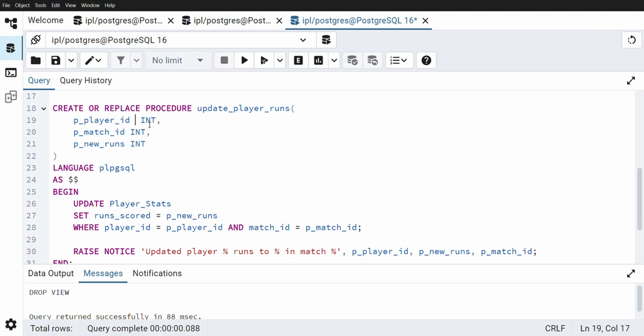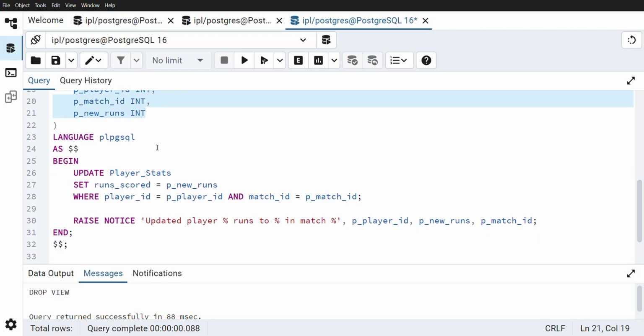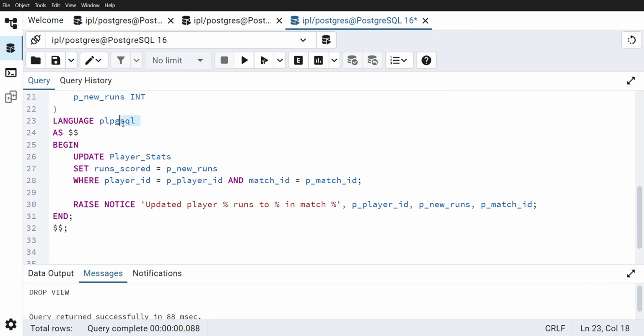So why all this, also use functions instead, as the database offers that as well. Okay, so now we are going to create... these are the input variables, and here you have to define what language you're using, because a DBMS might support various levels of PL-SQL. As of now, PostgreSQL supports Python as well as some other languages. So we have to define what language we are using, and we use the same keyword AS, and this is